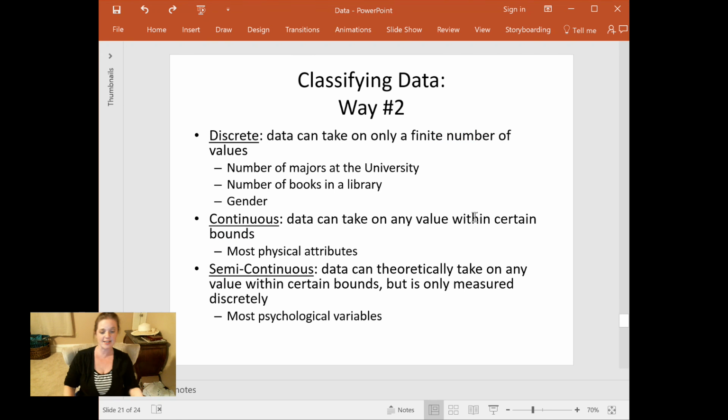But a second way is something called discrete, continuous, or semi-continuous. And think of this as just a completely separate question to ask yourself about data. You can first ask, is it qualitative or quantitative? And this is just a second question you can ask about it. Is it discrete, continuous, or semi-continuous, right? Discrete data means you can't be in the middle. It can still be a dimension-based quantitative variable, but you can't cut the outcomes in half.